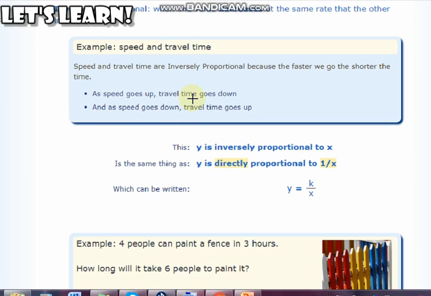So what we are going to do is first we are going to recognize कि यहाँ पे कौन सी दो चीज़ें हैं जो आपस में connect हो रही हैं. So we can see over here that one is the speed and the other is the time. So we are going to represent speed and time with a letter. So speed is represented by a letter Y, you can see over here, and time is represented by a letter X. You can choose any other letters over here, but Y and X are the most common letters over here.